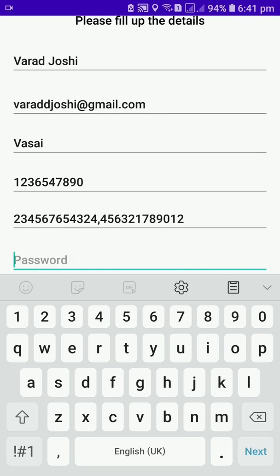So I have entered the Aadhaar number here. The Aadhaar number gets verified in the app. Means if you enter an already existing Aadhaar number, it won't create your account, and you have to contact the administrator to register.